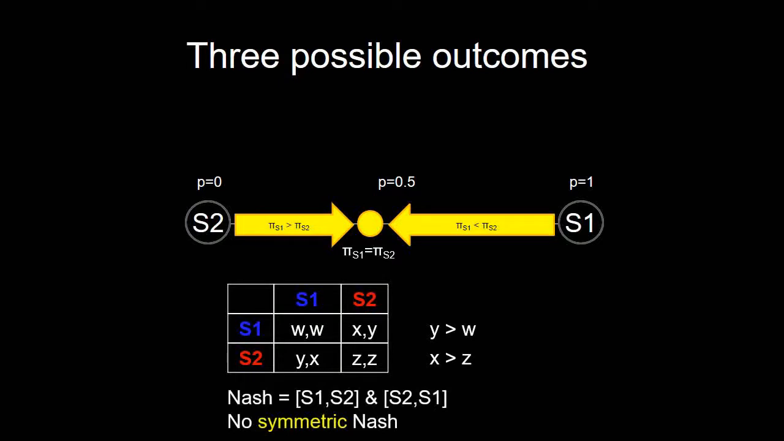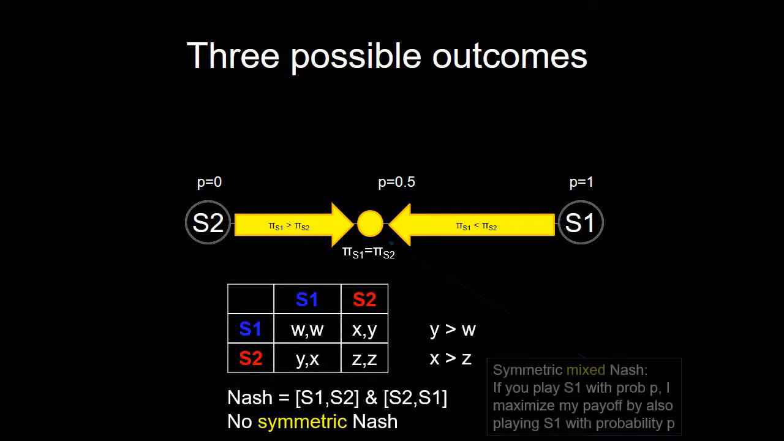When you do that, you see that the only two equilibria are these. So this is an anti-coordination game. There's no symmetric Nash. That is, there's no Nash where both people play the same strategy. A side note, and we're not really going to talk about this, is that there is actually a symmetric